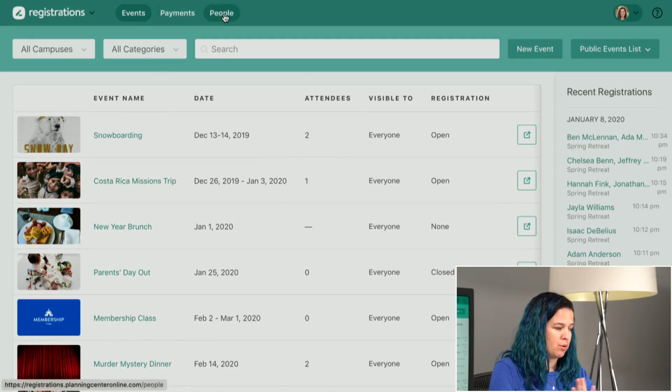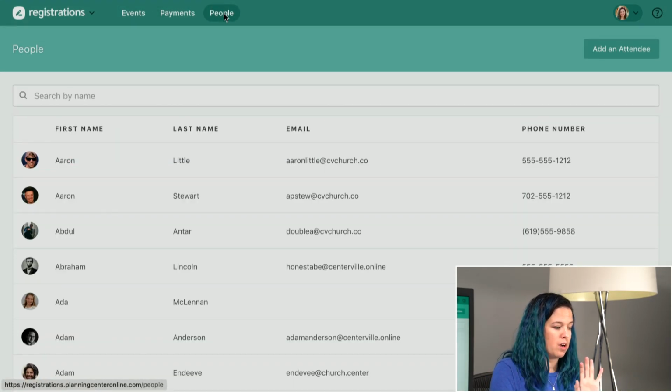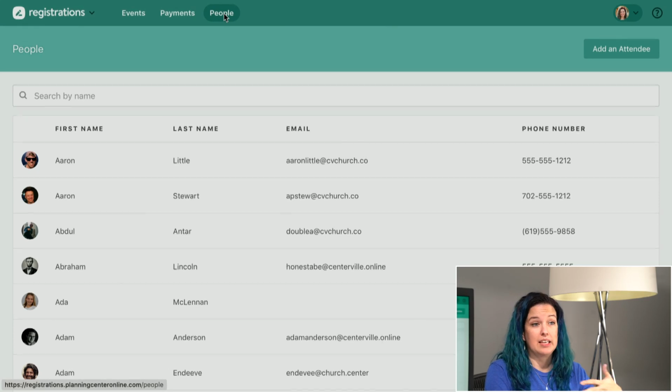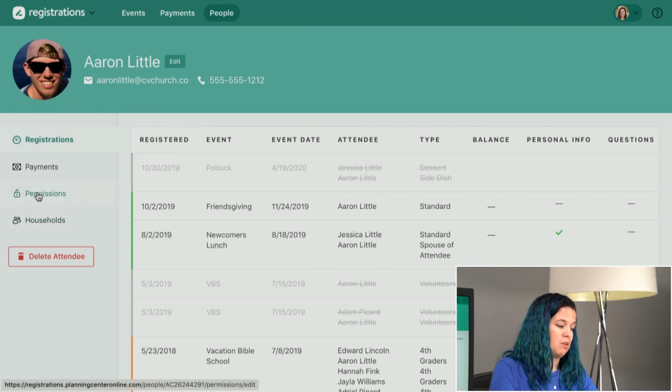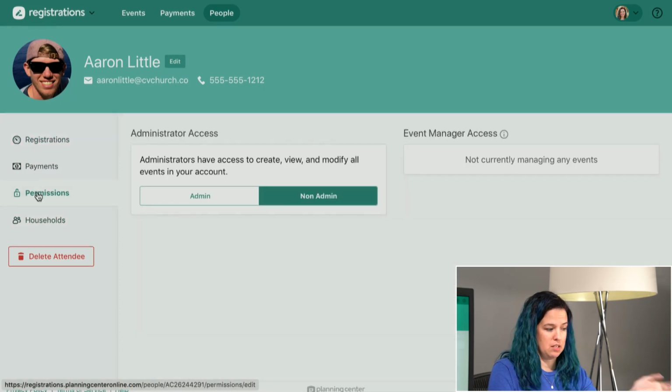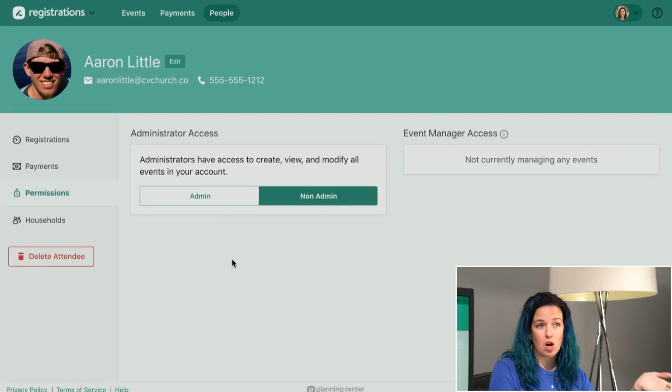Starting across the top, we're going to go to the people side, and this is where, if you needed to add an admin or give someone admin access, you could do that from their profile. You would click on it and then click on permissions, and you would make them an admin. So it would tell you if they're an overall admin for all of registrations, if they're not, or if they are an event manager. An event manager is someone who is an overall admin for a specific event. They can do all of the admin things within one event, which I will show you how to do